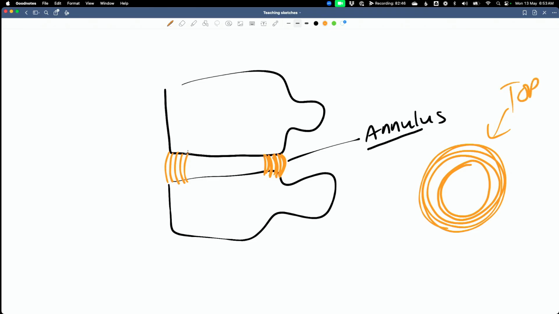If we look at that annulus, the outside part, on the inside there is a nucleus. And that is liquid, and anytime there's a liquid in the body, it is made of mainly water